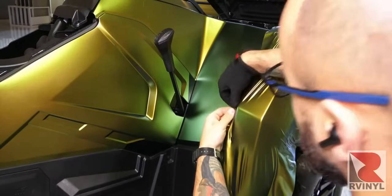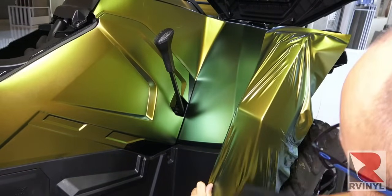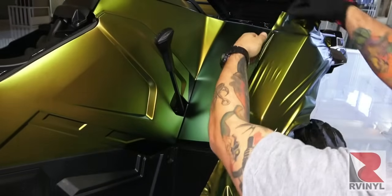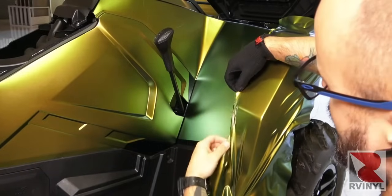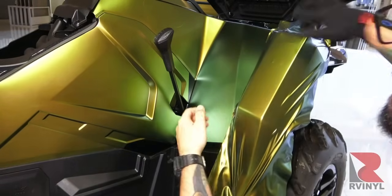So here, the installer is picking the material up, hooking it on the body line, then spreading the material to the outside corners. This can be done with heat, or if the workspace temperature is good, no heat should be needed. But notice how he pulls along the body line, the transitions between the outside and the inside of this fender piece, and then hooks the corners. This smooths out the material,